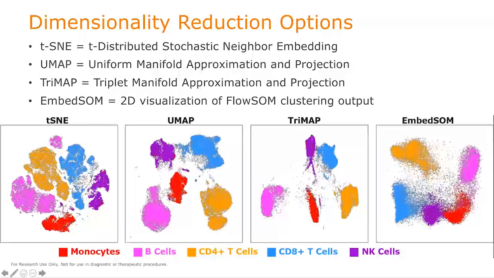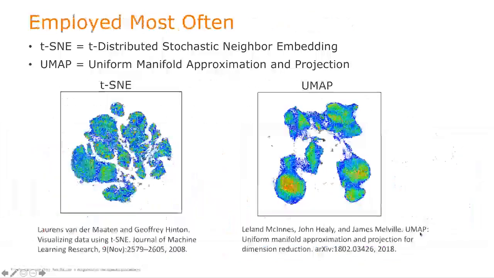And then EmbedSOM is essentially just a view in single cell world and a single cell dot plot of the grid layout of a FlowSOM clustering output. So this is a 2D visualization specific to FlowSOM. If you run FlowSOM as the clustering algorithm, you can then run EmbedSOM and get this view. And it is similar to PCA. It's showing the self-organizing map and separating those events, but it shows the actual single cells and their positions within that map. So by far and above, most used are t-SNE and UMAP on flow data,